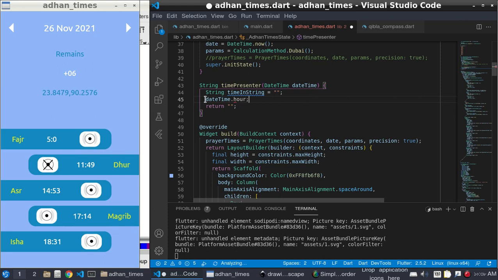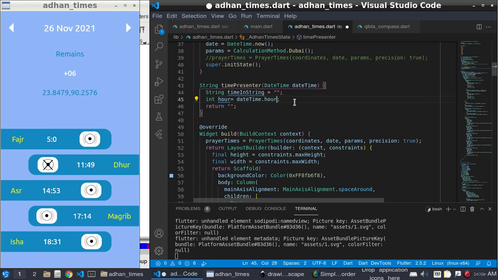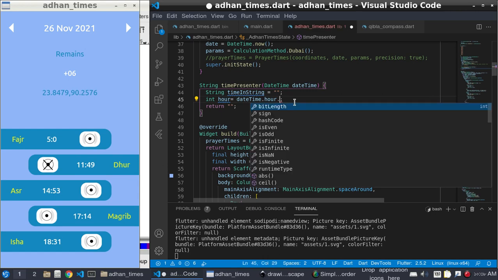What is hour? Hour is an integer, int. Hour is equal to an integer, and then it will return the hour as an integer. If the hour is greater than